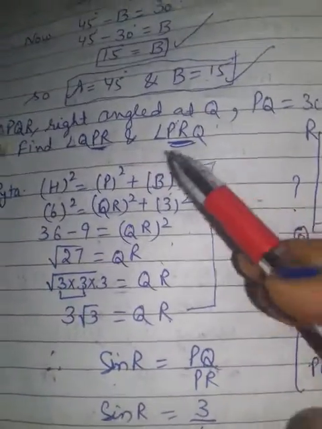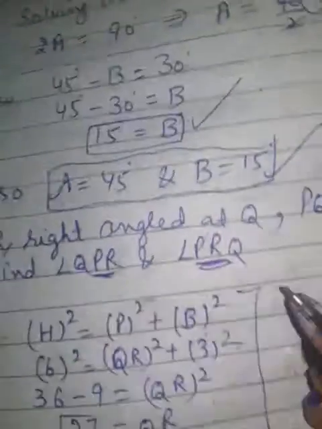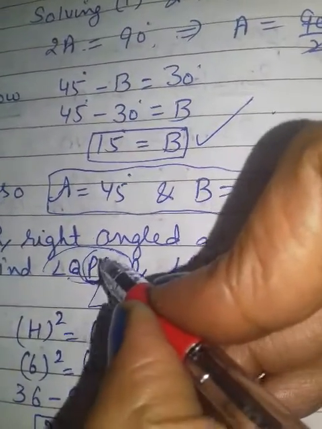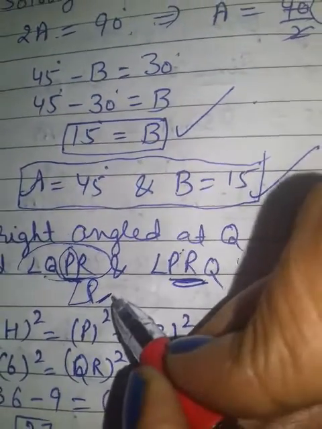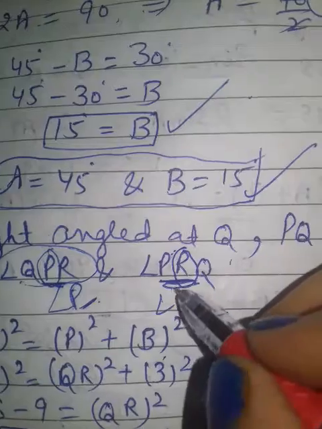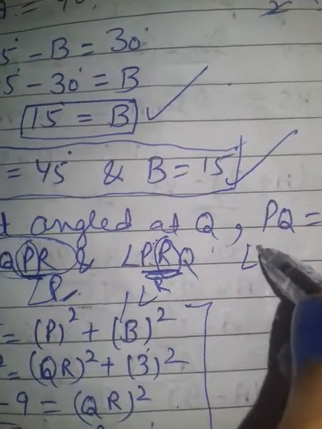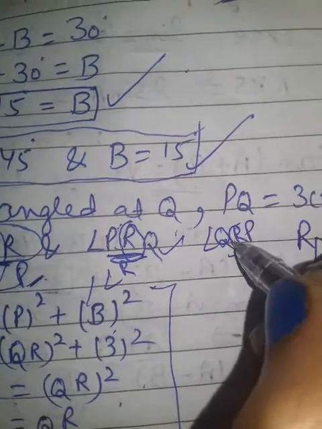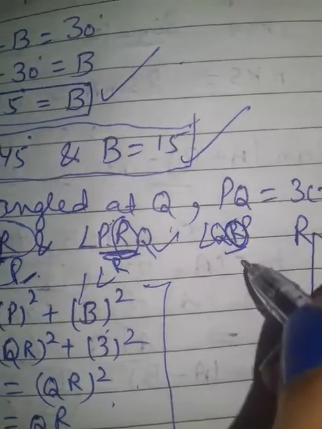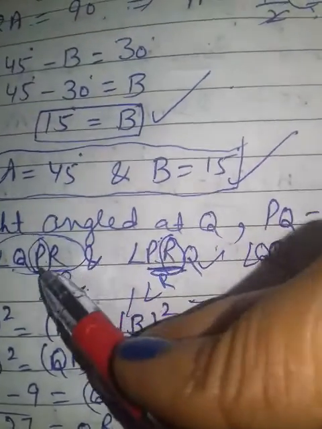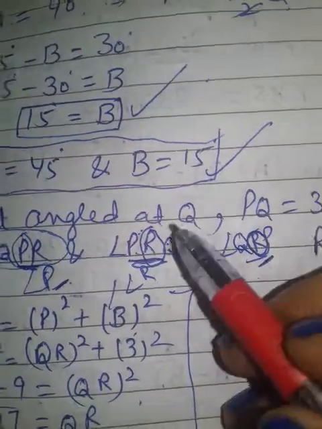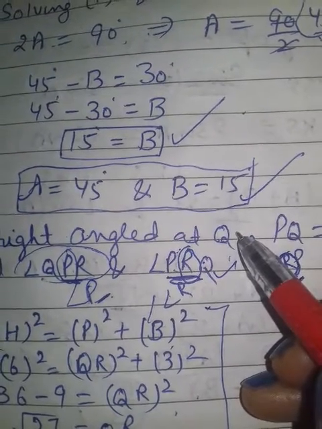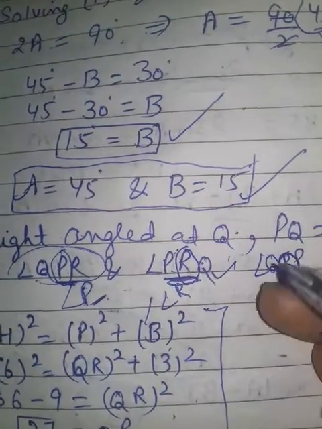Now see, which angle you have to find. Whenever the angle is given like this, it means you have to find the middle angle. The angle between the letters is the one you have to find, meaning angle P and angle R. No problem, if you write QRP also it is the same, because you see the measurement of the center angle only, in between. Clear? So this is for P and R. One angle is given, right angle at Q means 90 is given. In a triangle how many angles are there? 3. One is given as 90, two angles you have to find.